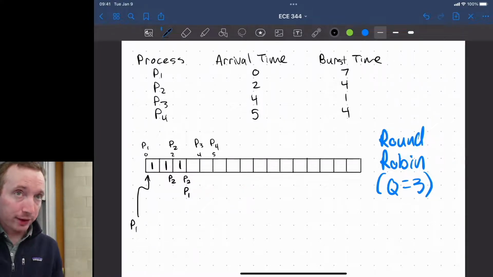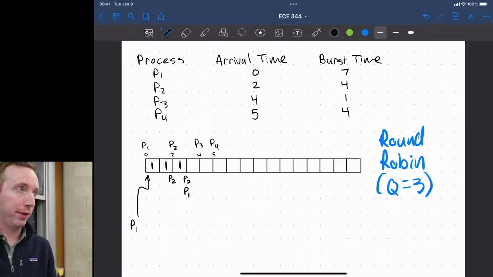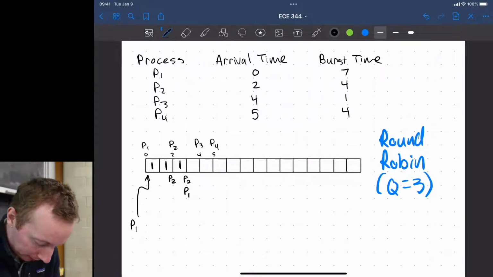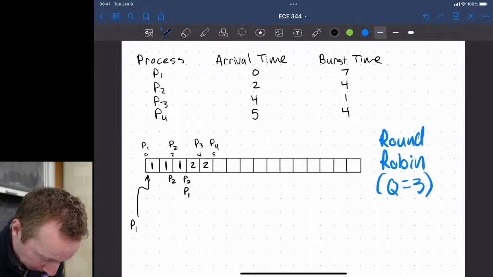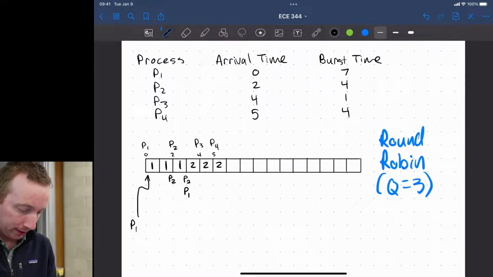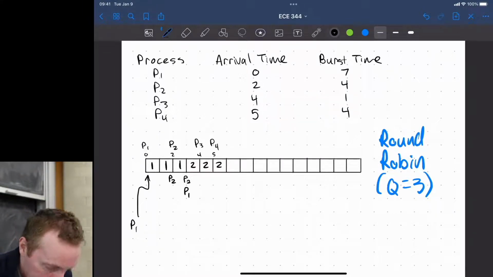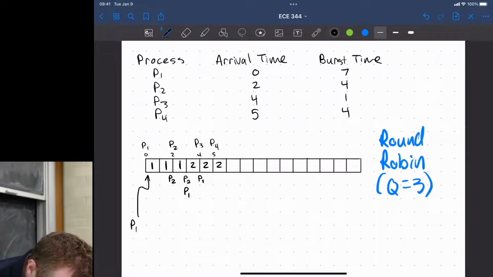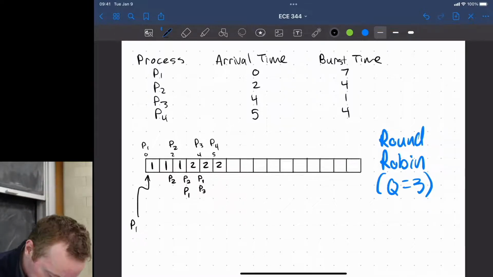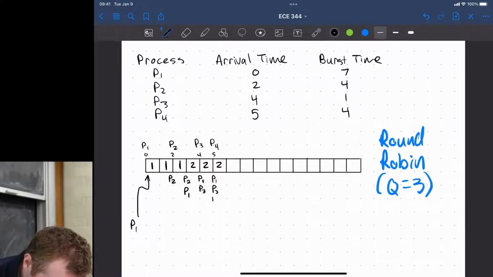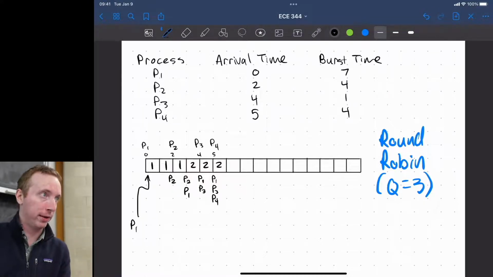Okay, so at t equals 3 here, in our queue, there's P2, P1. So we would pick P2 to execute for its 3 time units because it takes 4 time units to execute. And right after we schedule it, we would take it off the queue. So P1 is next in our queue, and then at t equals 4, P3 comes in, so it would go to the back of the queue. So our queue would be P1, then P3. Then at t equals 5, P4 comes in, so it would be added to the back of the queue. So at t equals 5, that's what our queue looks like.